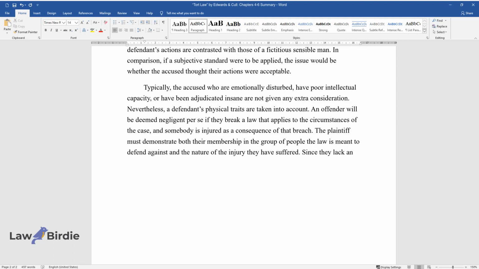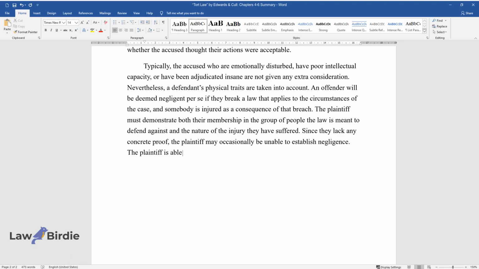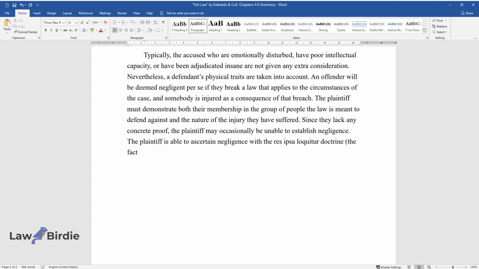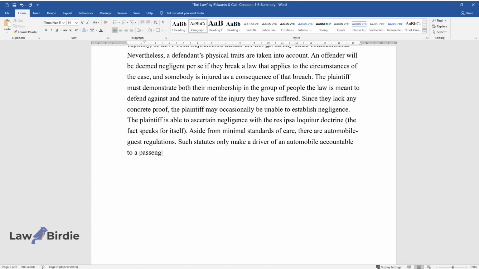Since they lack any concrete proof, the plaintiff may occasionally be unable to establish negligence. The plaintiff is able to ascertain negligence with the res ipsa loquitur doctrine: the fact speaks for itself. Aside from minimal standards of care, there are automobile guest statutes. Such statutes only make a driver of an automobile accountable to a passenger in their vehicle in cases of severe